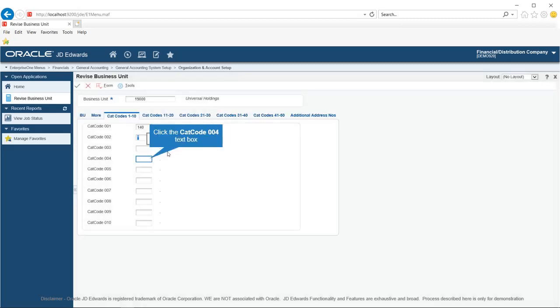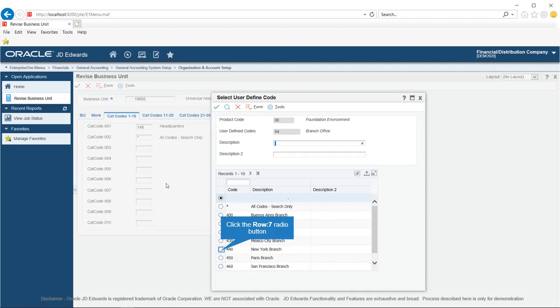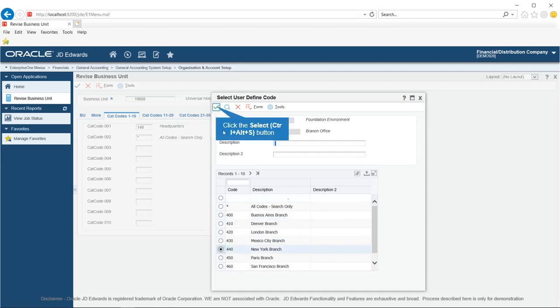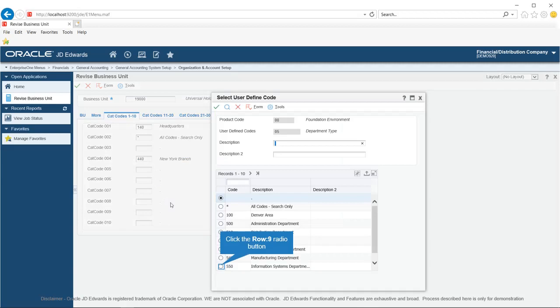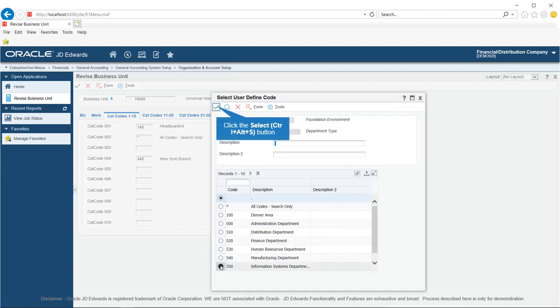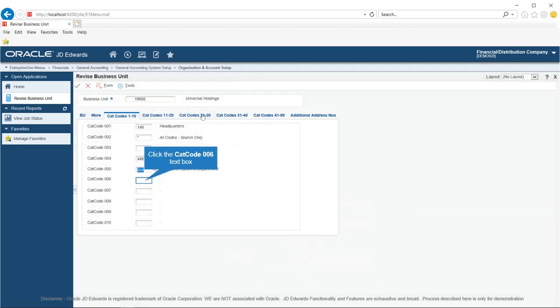Click in the category code 4 field. Enter the desired information, for example, enter 440. Click in the category code 5 field. With the help of Visual Assist, select a value from UDC table 0005. For example, enter 550.